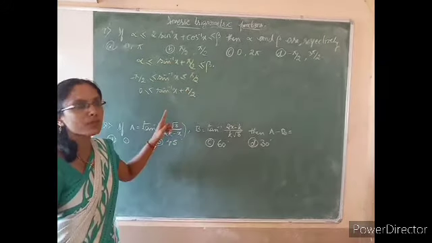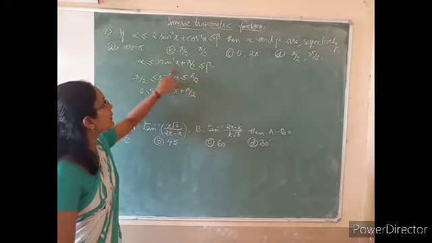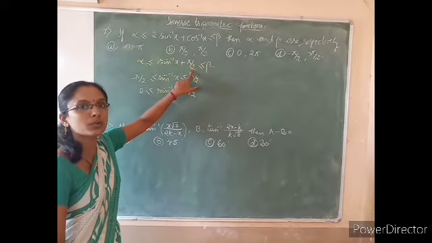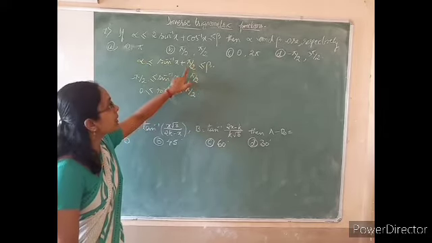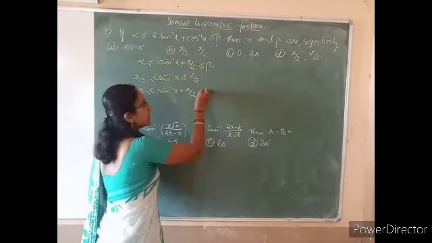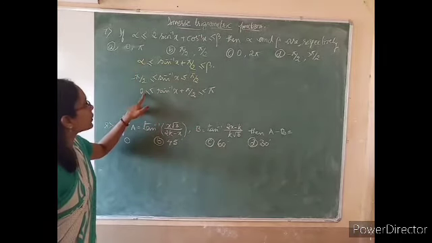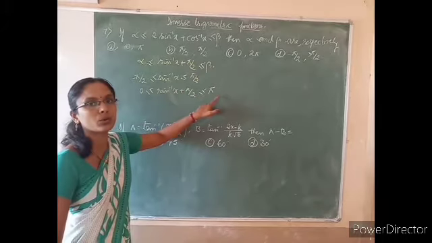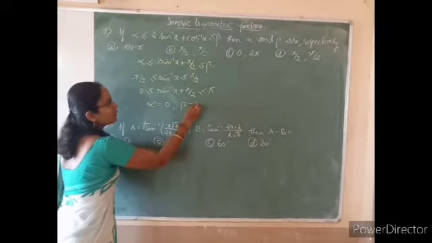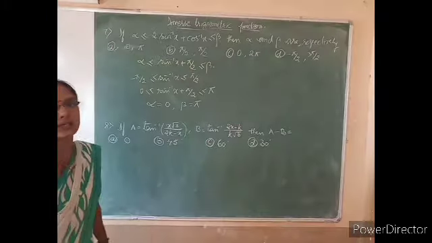Similarly, the maximum value of sine inverse of x is equal to pi by 2. If I substitute this value here, pi by 2 plus pi by 2, total 2 times pi by 2, that is pi. That means the maximum value of sine inverse of x plus pi by 2 is equal to pi here. That means alpha is equal to 0 and beta is equal to pi. Therefore, respectively alpha is 0 and beta is equal to pi. These are the minimum and maximum values for the given expression.